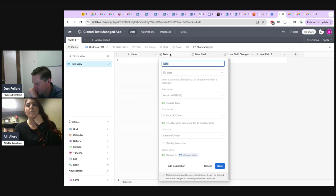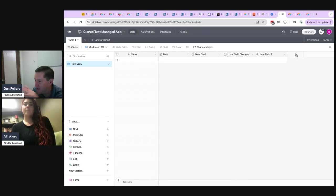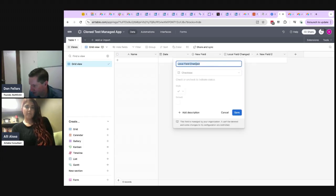And now you see, it looks like you can rename the fields, but you can't modify the configuration because it's managed by your organization. It can't be deleted and some changes are restricted. But you can add new fields, which is interesting. So you can expand beyond the managed base to do that. So you can rename, you can't change configuration,